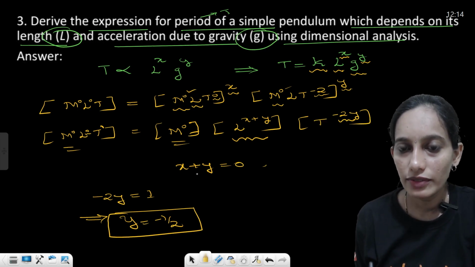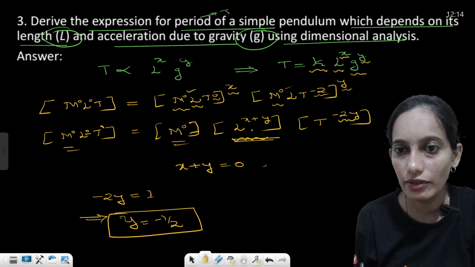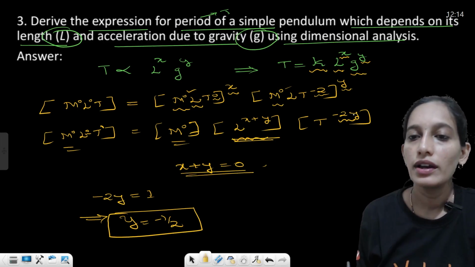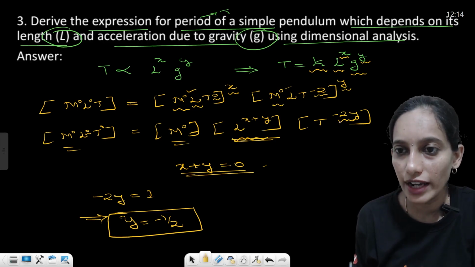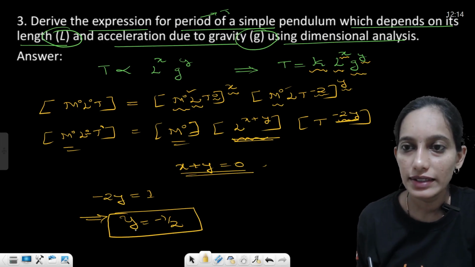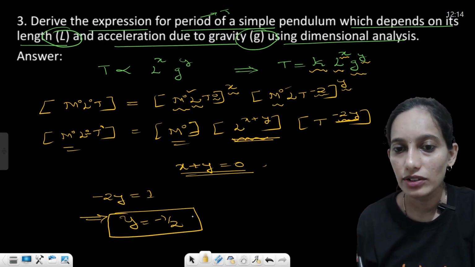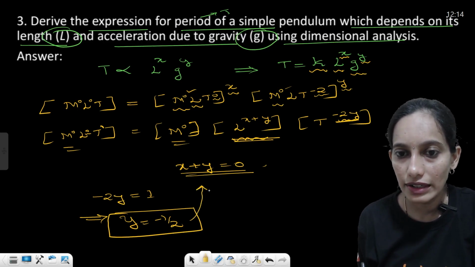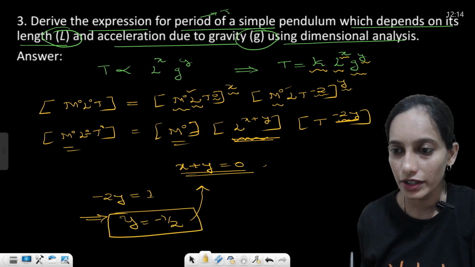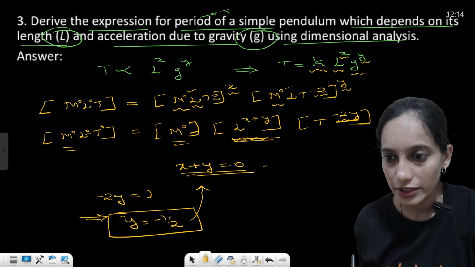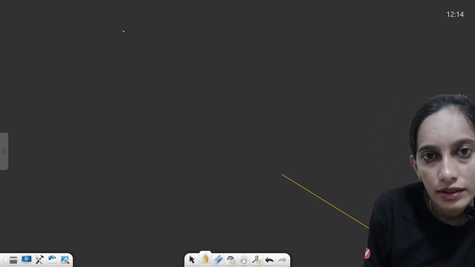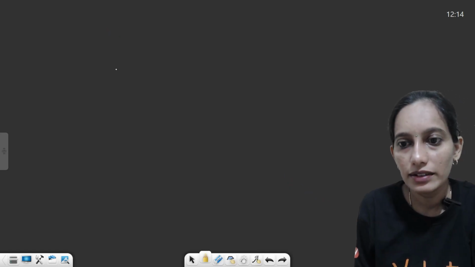Okay. So then we have one more, that is from the length we have x plus y is equal to 0. And then in terms of time we have -2y is equal to 1, which will give us y is equal to -1/2. So now let us substitute the y value here. Okay. So let me just write in the next page. So what have we got? x plus y,